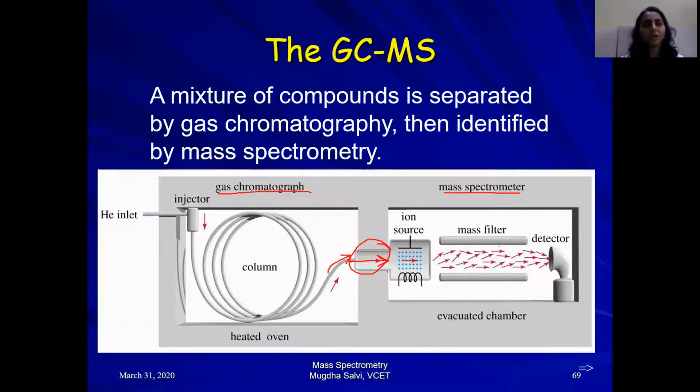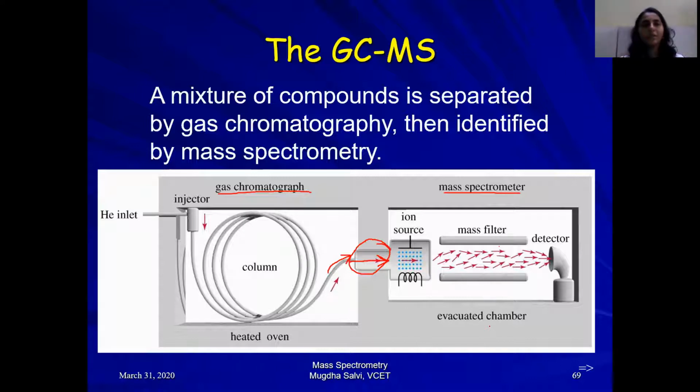Once the pressure is lowered, then the samples can be passed to the ion source, that means for ionization, and later on for acceleration and deflection, and lastly being collected at the detector and being detected as peaks or as sticks, as we saw in the mass spectrum.